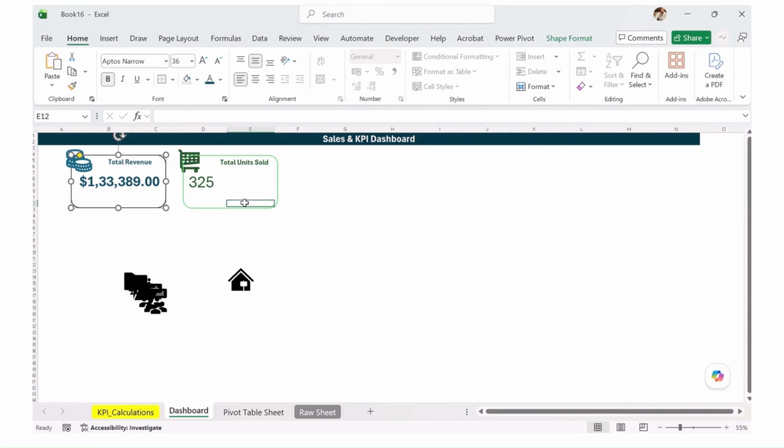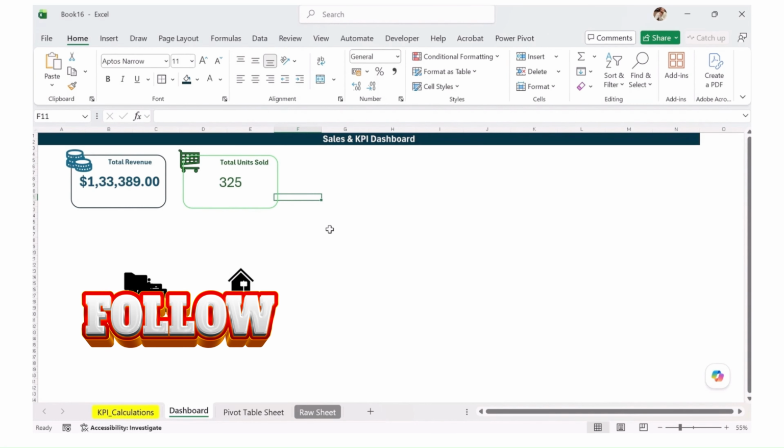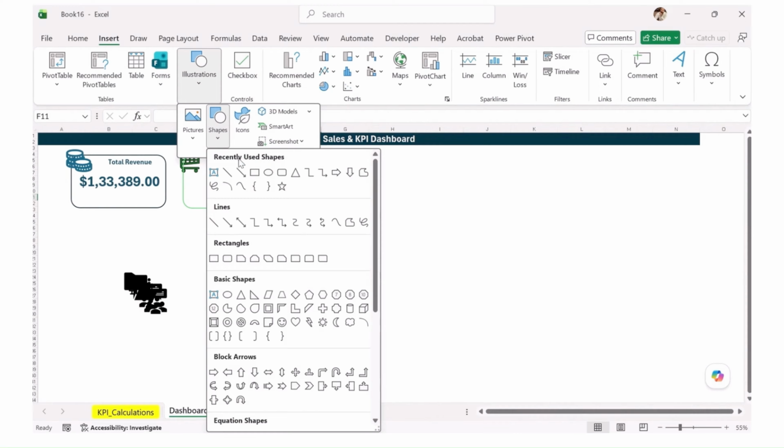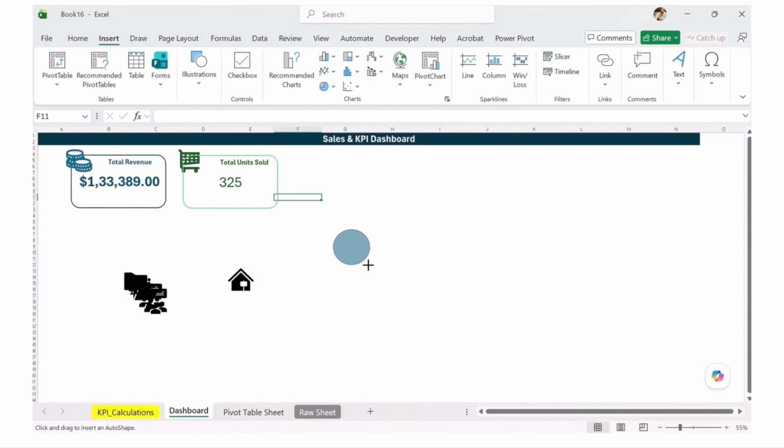We have kept it at 36. So always keep the same size. It will make the visuals consistent and build trust in the overall visual glance. Good. So this is how I have added this. And in case you want to add a circle in the background, you can simply add a filled circle over here. It will give you the overall